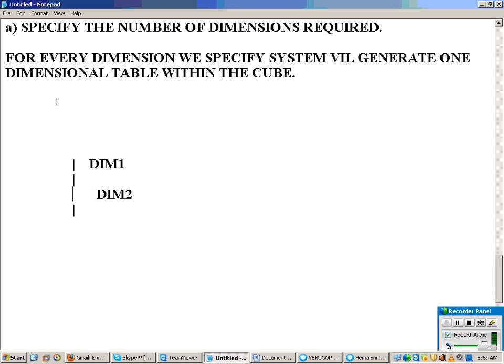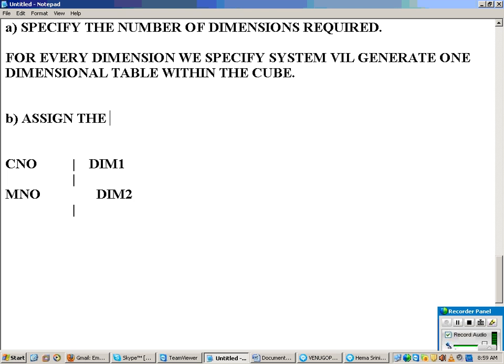Okay. Now point B. After defining the dimensions, now you have characters, like customer number. What you have to do is assign the characters to the dimensions.